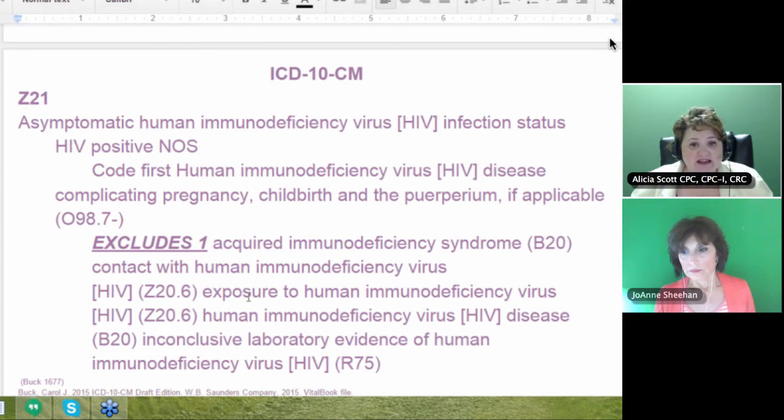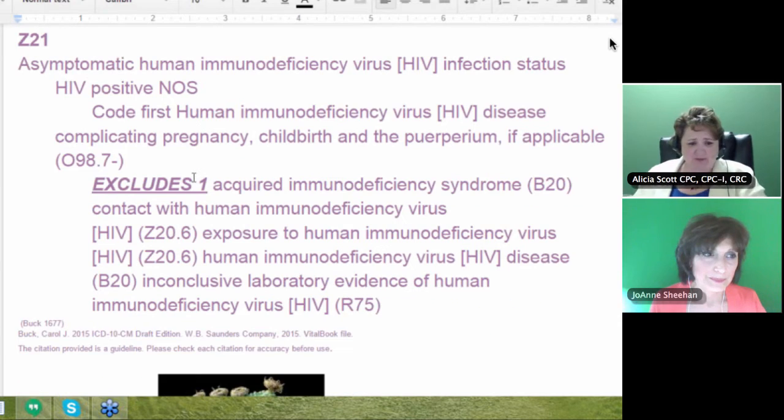Z21 is the code for HIV positive, right? The person does not have AIDS, they are HIV positive, right? Now what I did was I actually pulled this straight from that manual I told you that I liked earlier in the webinar. I have it online as well. And so I actually copied and pasted that. That's why you see this Carol Buck,